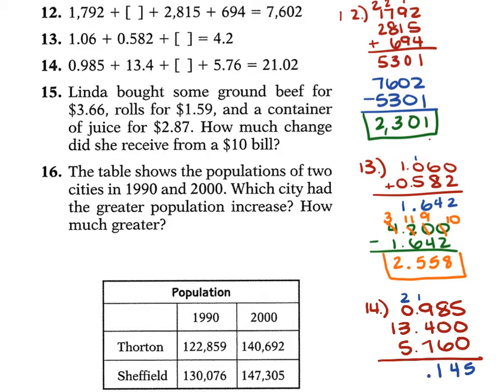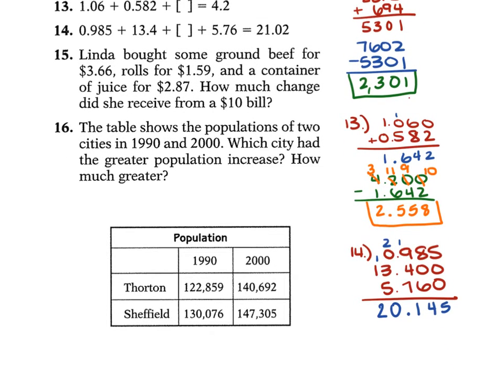Bring down our decimal point. 2 plus 3 is 5, plus 5 is 10. Carry the 1. Then 1 plus 1 is 2. So from here, we're going to subtract this number from 21.02. So 21.02, I'm going to add that 0 in since I have the thousandths place value. And I'm going to subtract the